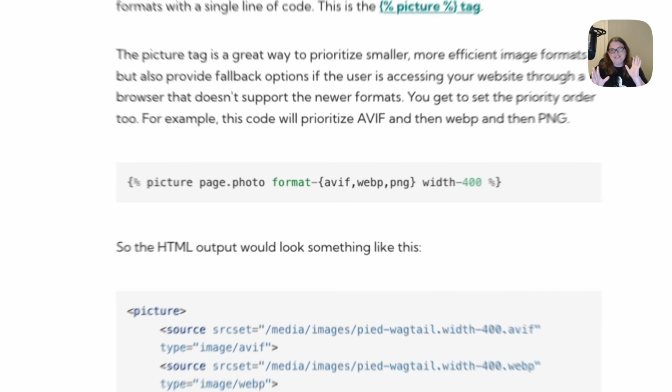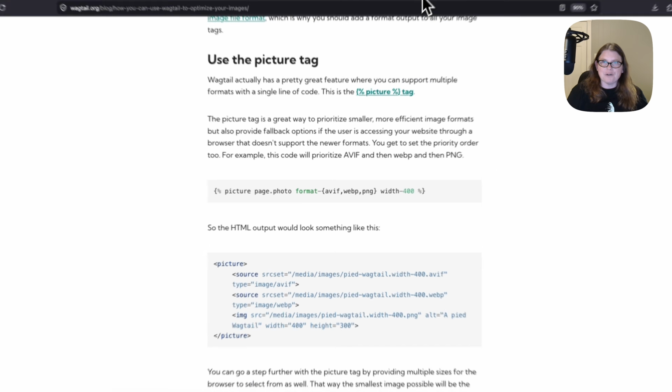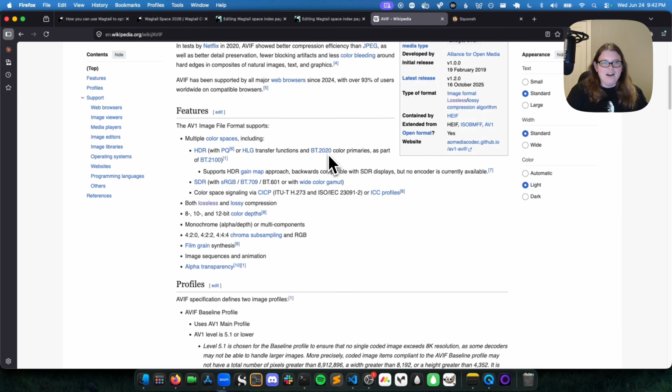And what this one does is really cool. It can render your images in multiple formats, and you can order them from the format you prefer and then have a couple fallback options. And this is great, even though I think, if we pop over to the AVIF Wikipedia page here,